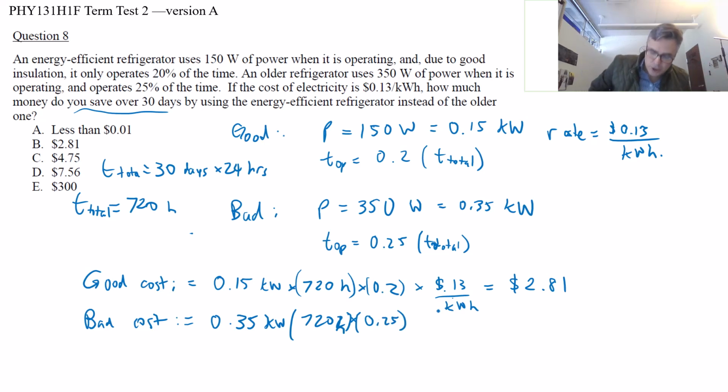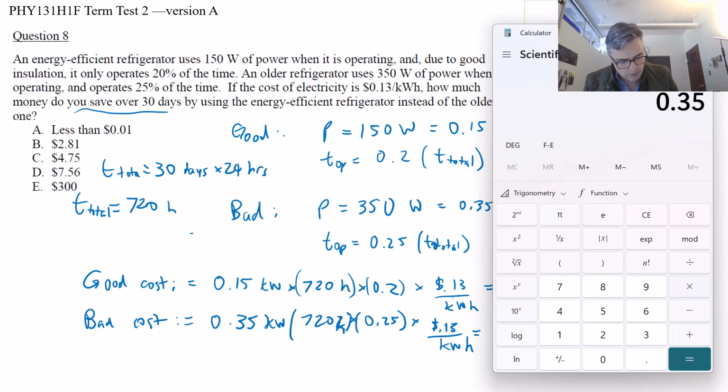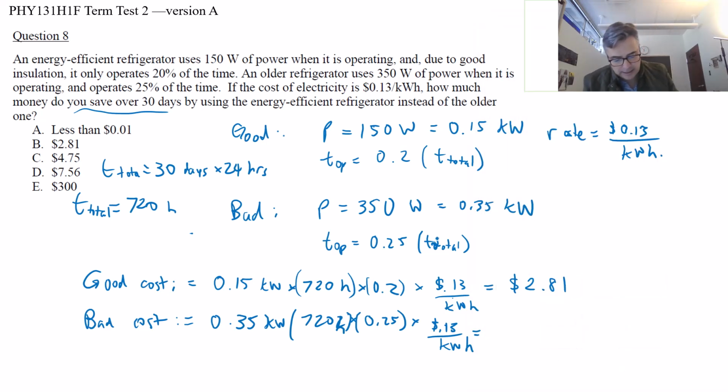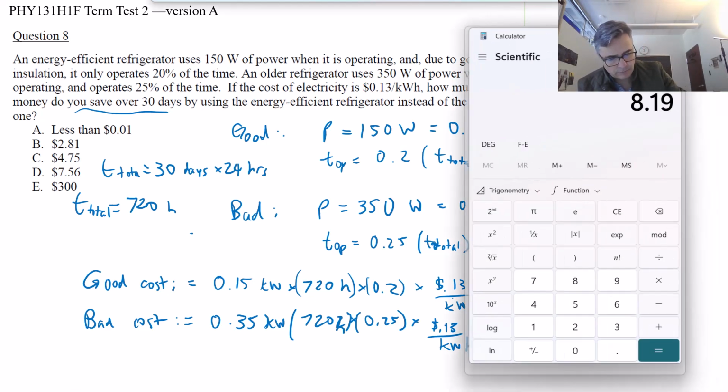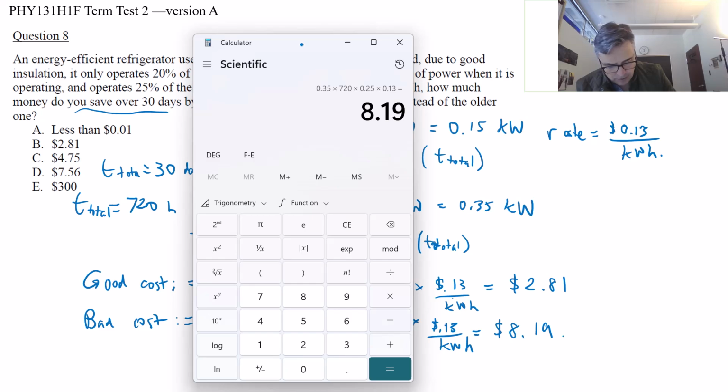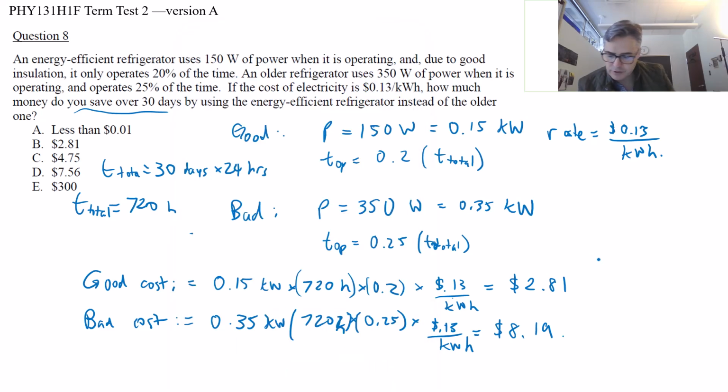And the bad cost is 0.35 kilowatts times 720 hours, times 0.25, because it operates 25% of the time, I guess worse insulation, times the same rate, 0.13. That's 0.35 times 720 times 0.25 times 0.13, which is $8.19. So by getting a good refrigerator, you're saving $8.19 minus $2.81, saving $5.38, which I think was the answer